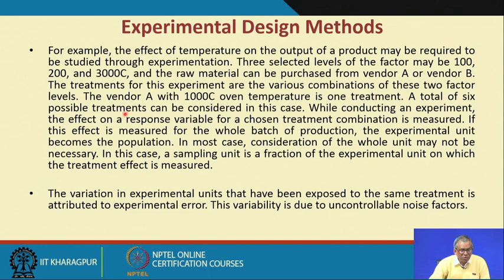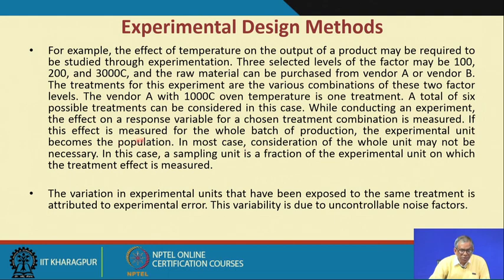A total of 6 possible treatments can be considered in this case. That means obviously three levels you have, and you have 2 vendors. Is it okay? So, there must be 6 combinations. While conducting an experiment, the effect of a response on a response variable for a chosen treatment combination